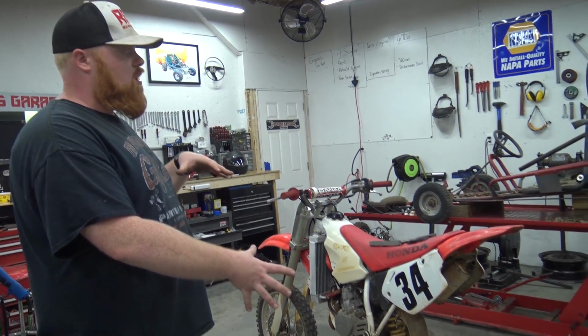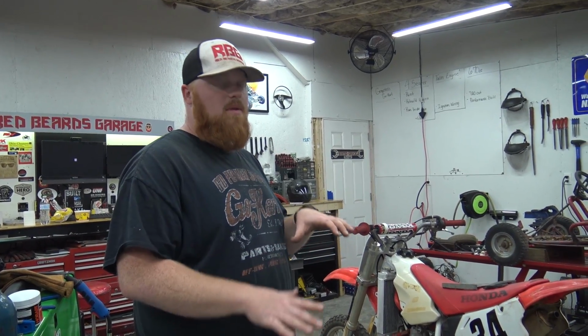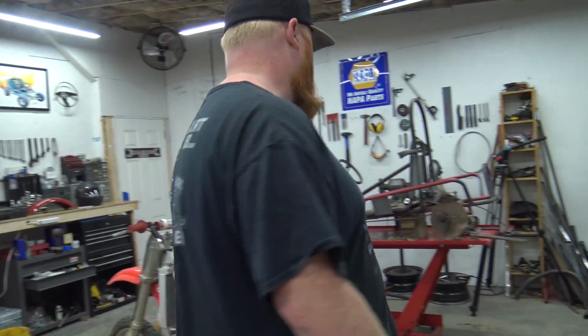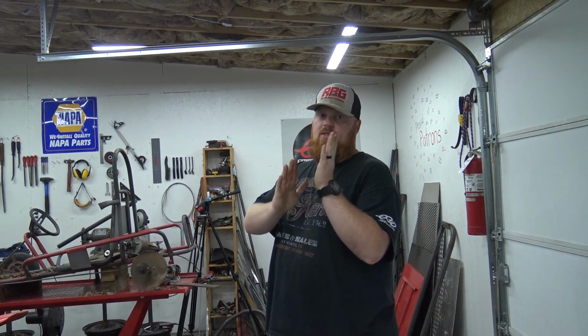Let me know what you think about the Coleman doing the full 2 suspensions on each wheel. I think that would be a big factor on that bike because, like I said, when you turn, I want it to be able to compress the inner tire. If you're going around this car, I want it to be able to...